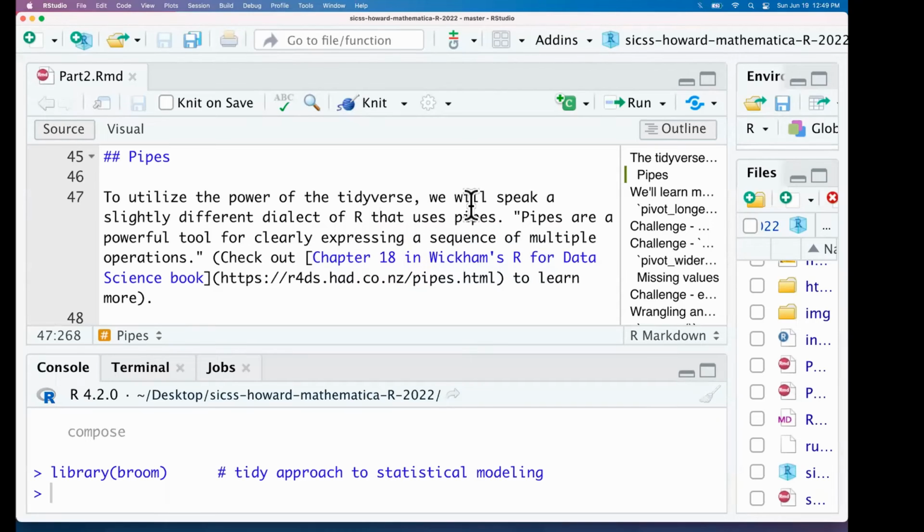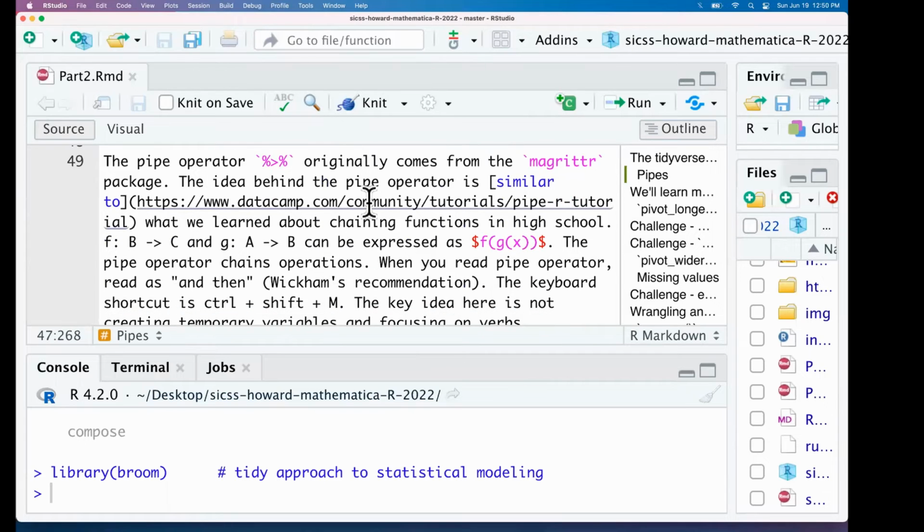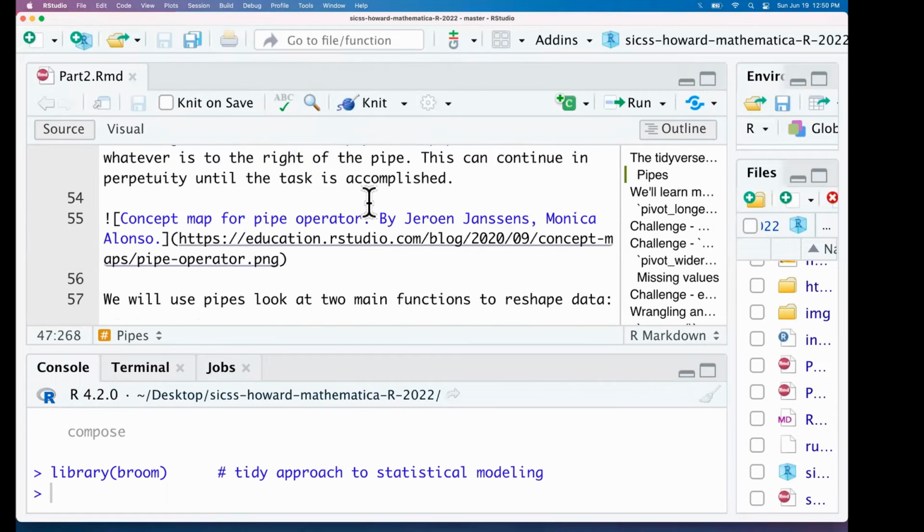We can connect all this stuff through pipes. We can also write more efficient code. We can do more complex tasks with less code, and we can make our code easier to read and interpret. So if we return to a project in a month from now, our code will make more sense to us, hopefully. And if we're working with collaborators, we have a standard upon which we can agree. We will all write our code. Okay, so